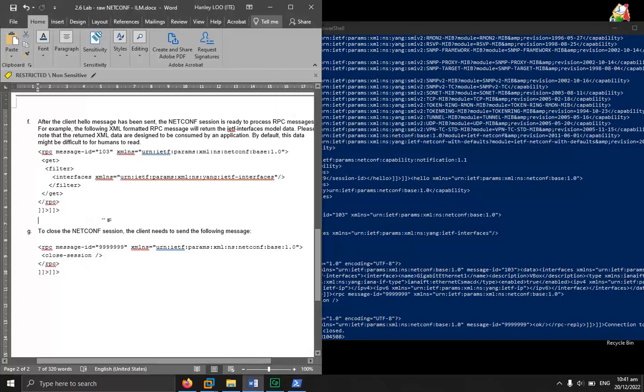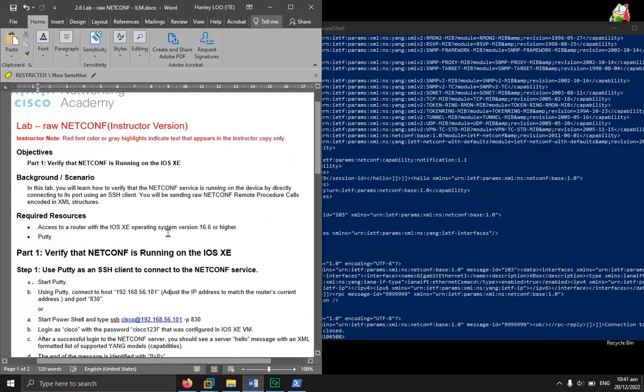That is how you can make use of raw NETCONF XML formatted data to communicate with the CSR1KV. But for normal usage, you normally make use of scripting or coding to communicate with the CSR1KV using